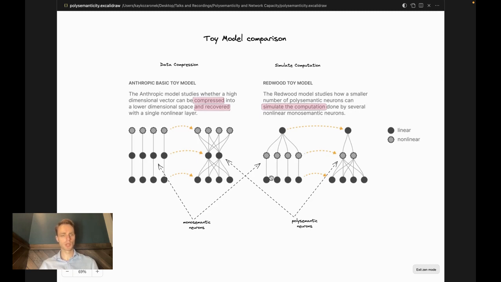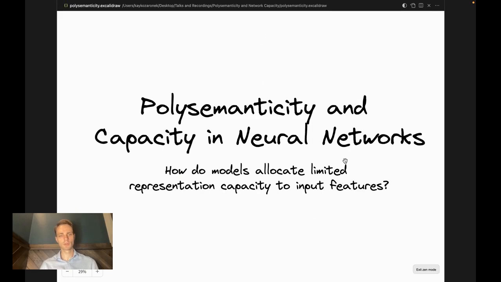Just so you know how to read this, the circles that have one input only are monosemantic, as you can see here, and the ones that have multiple inputs, as these, are called polysemantic. Okay, cool. Now that we've talked about polysemanticity and superposition, we can move on to the next concept that is